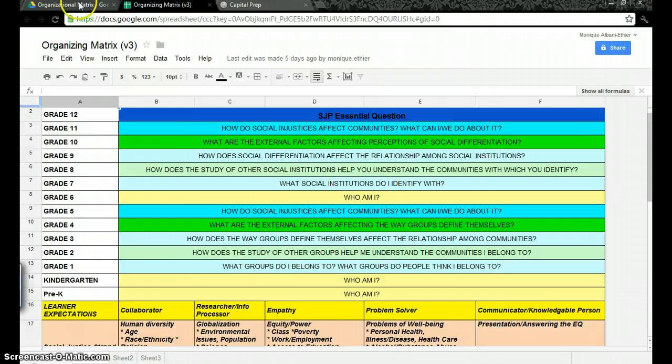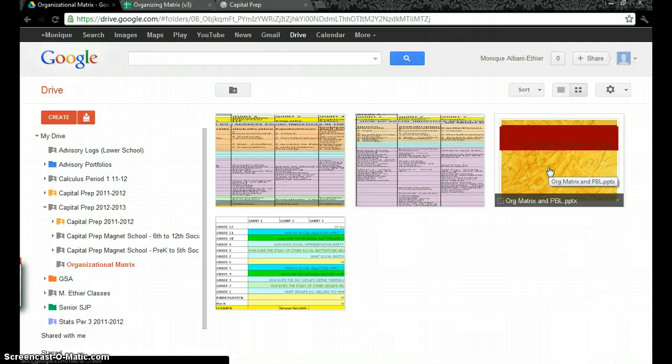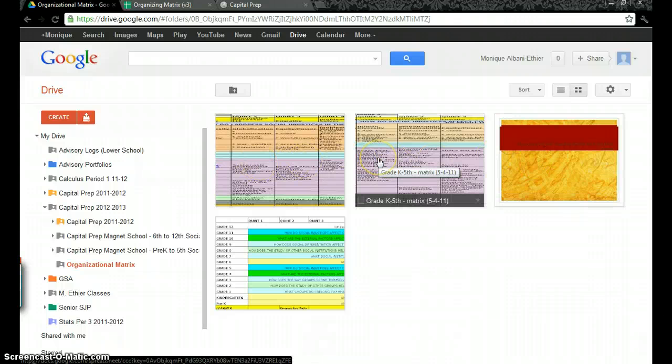So if we go back to this other folder, this over here is a slideshow that Rachel Conforti put together for the staff last year on how to use the organizational matrix and project-based learning. And she was one of the people that helped sort of compile all the resources for the organizational matrix. And then these two over here are the grade-specific matrices. So we have one for lower school and one for upper school. So if we go in here,